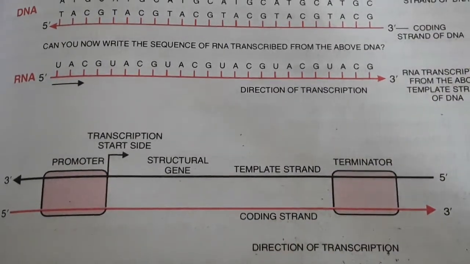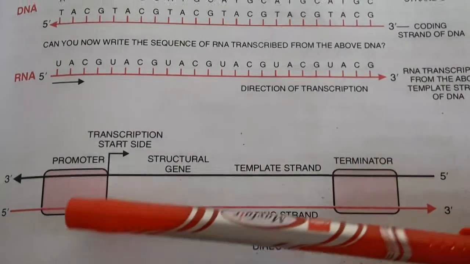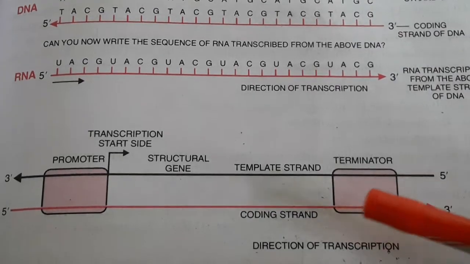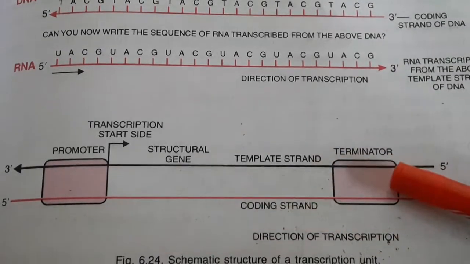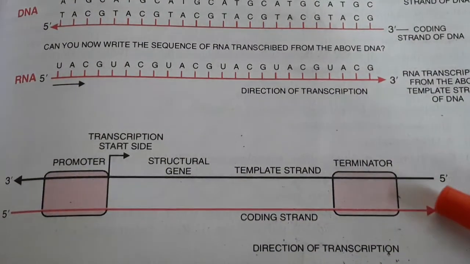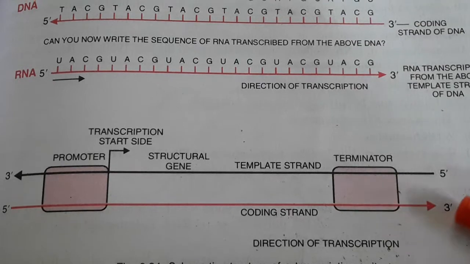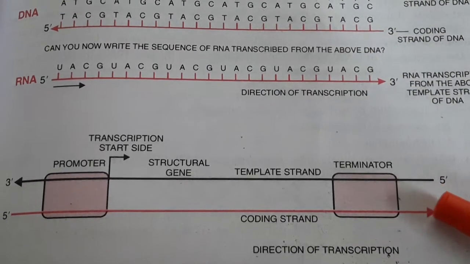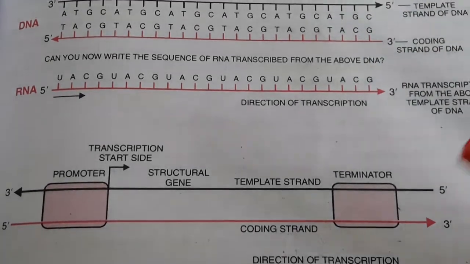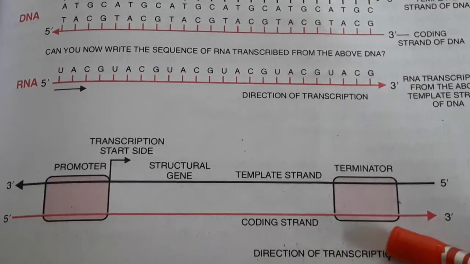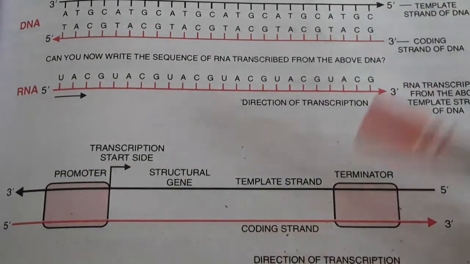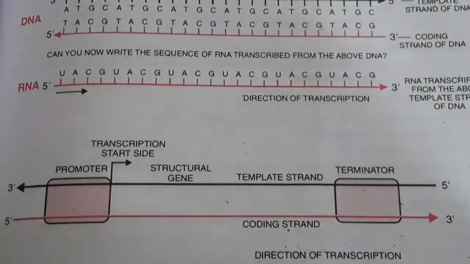and these are present in prokaryotes. Okay, so we have got the promoter, the structural gene, and finally the terminator, which is present downstream, that is to the right of the structural gene. This is the structural gene, this is towards the right, that means towards the 5' end of the template strand, 3' end of the coding strand, and this is the portion where the transcription finally comes to an end. This is a very simple thing, but the main thing is that you have to know what is actually happening.